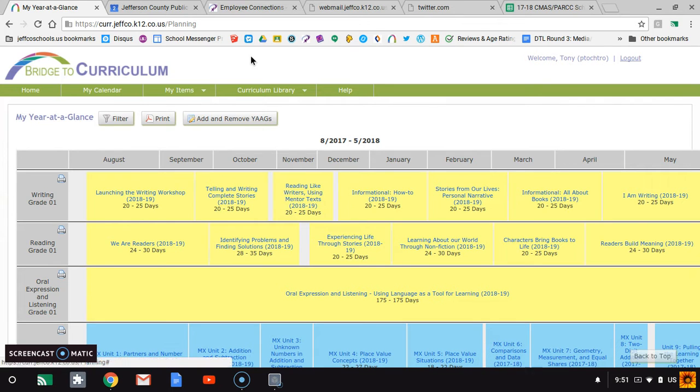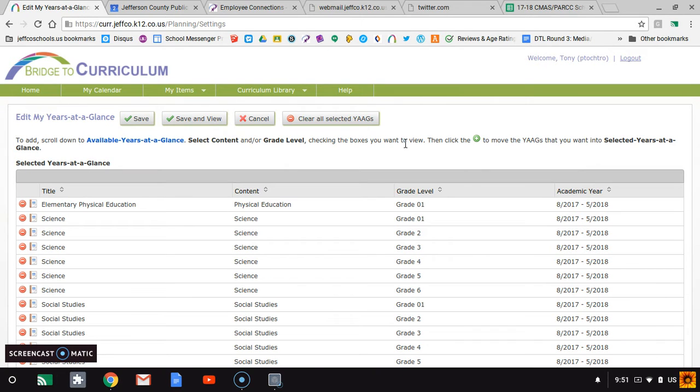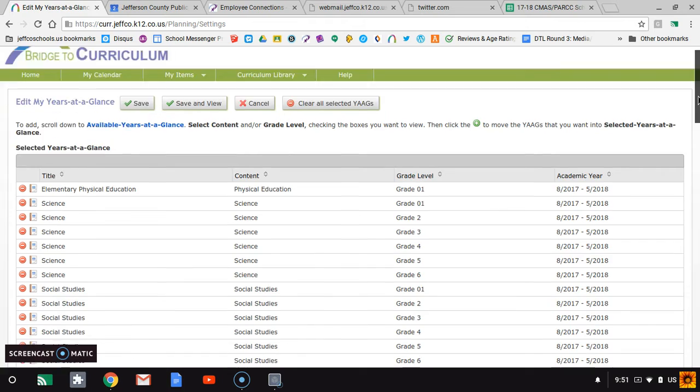What we're going to do is look at the content area ISTE. That's for the technology standards. And we're going to look in the curriculum library to do this. Or I'm sorry, we're going to add and remove years at a glance. Okay, so I'm going to go to the bottom of this page